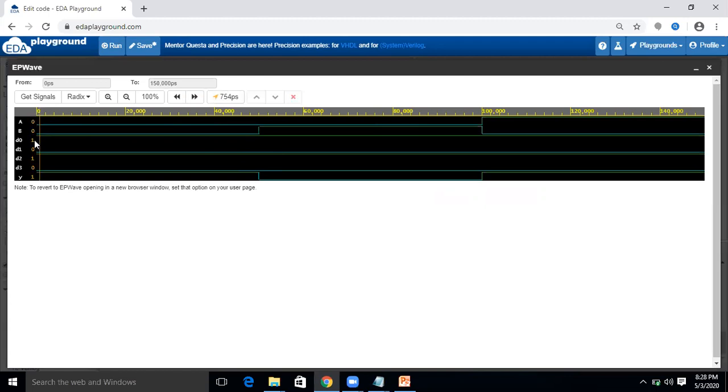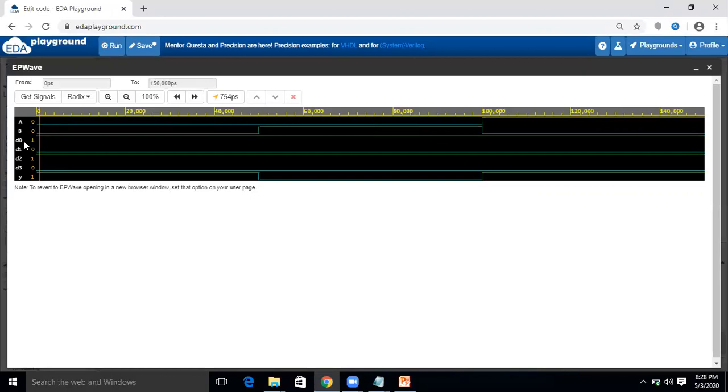Now the value present at D0 is 1, D1 is 0, D2 is 1, D3 is 0. These values we have defined in the test bench. We can change these values in the test bench. Now when the select line combination is 0 0, that means your D0 value will pass towards the output, that is y.